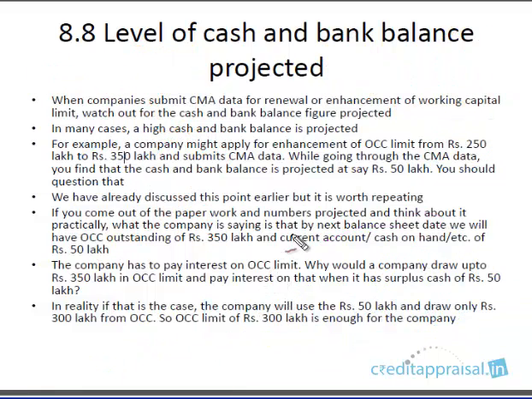This is what you'll be doing as an owner. So if that is the case, you might as well sanction only 300 lakhs. If really the company is confident that it is going to have a cash balance of 50 lakhs on that day, instead of sanctioning 350, just sanction 300. You might save the company, if you really believe in these projections. If the projections which you have submitted to the bank are believed, if you really believe 50 lakhs idle cash is going to be there on that day, why do you want 50 lakhs? We'll sanction only 300 lakhs. That is what you can say.